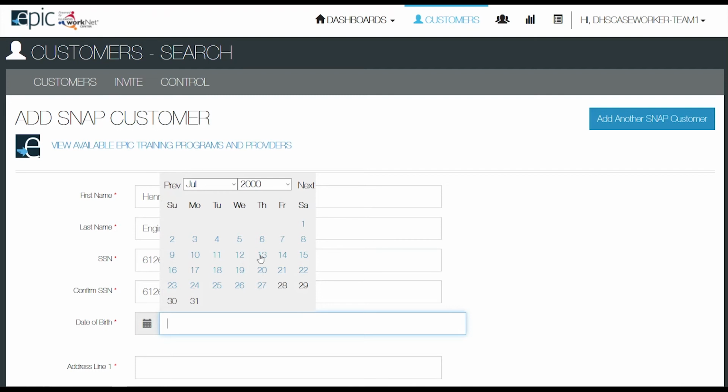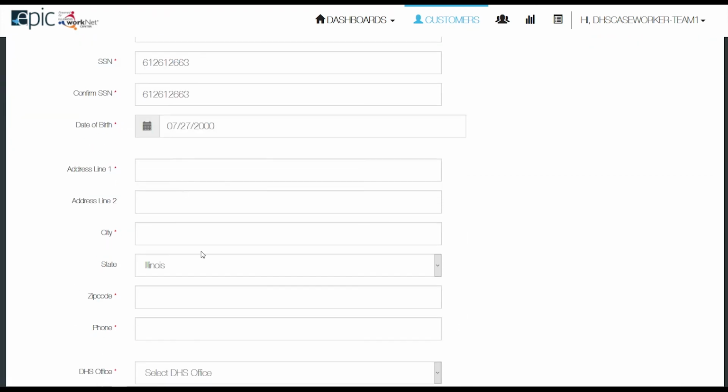Date of birth still has to be 18 years old. If they're 18 tomorrow, they have to come back tomorrow. And address, city, zip, phone,